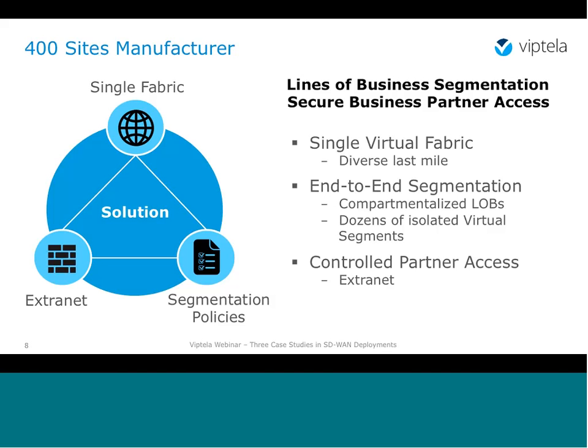Of course, technologies such as MPLS provide significant means of segmentation into private VPNs. But first, it had to be negotiated with the service provider to make sure that the traffic is mapped to the proper VPN. And second, that approach was only applicable to an MPLS network. As that manufacturer looked to diversify the last mile connectivity and start employing additional means to get people connected to the fabric, the ability to segment while using, let's say, broadband last mile is possible, yet it's very